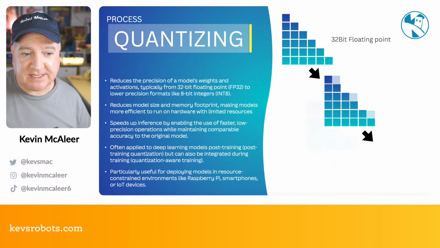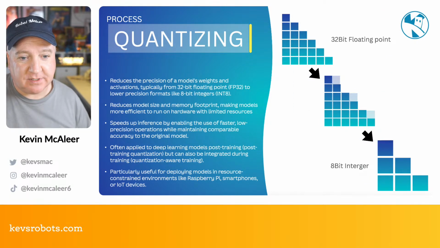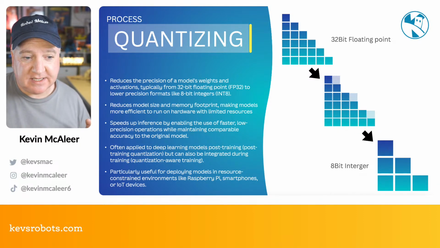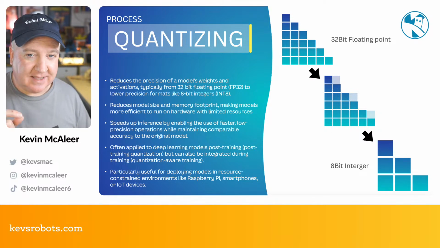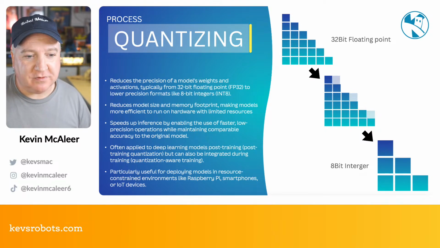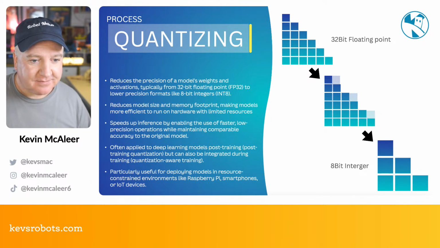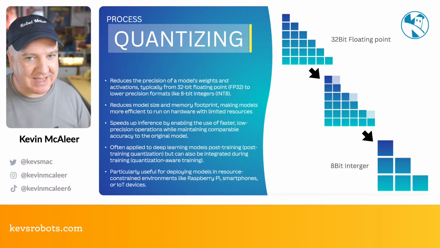So yeah, it reduces the precision of the model's weights, typically from this 32-bit floating point to 8-bit, reduces the size, the memory footprint, which is really important when we're looking at things like that AI camera, which has only got a couple of meg of onboard RAM. So it means that the model can fit entirely in the memory, and it also means that it runs more efficiently on hardware with limited resources. So you can run, I understand, some models on an Arduino Uno with this 8-bit processor. Not these particular machine learning models with cameras, I'm talking